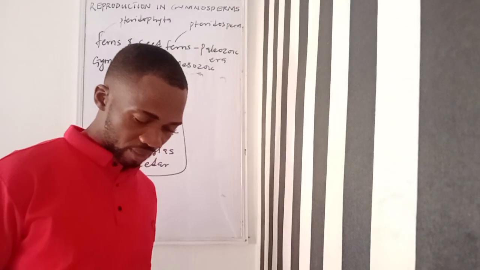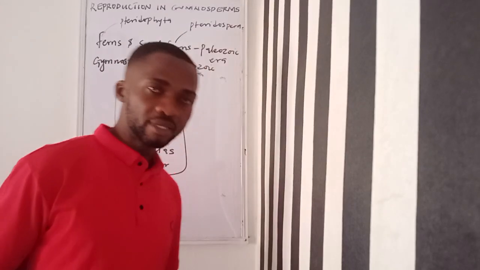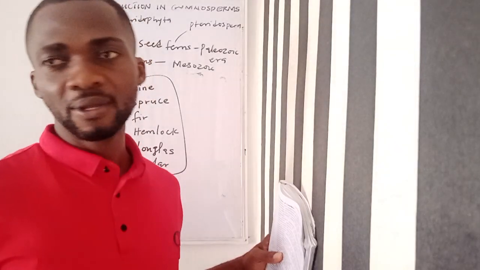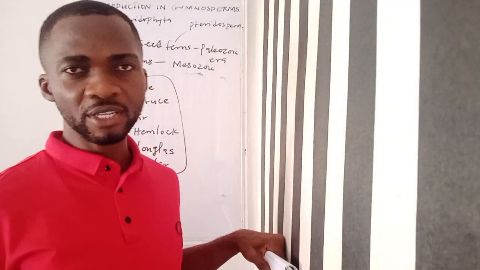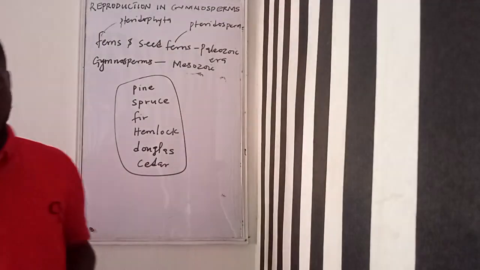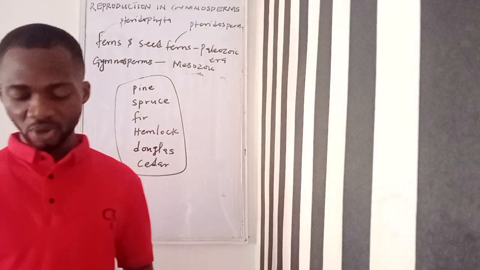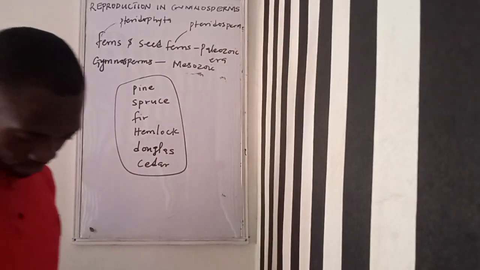Then aromatic compounds such as oil of cedar and oil of pine, the turpentine, are important ingredients in medicine, paint, incense, and perfumes. So you can see that the conifer, or gymnosperm by extension, is used in the production of perfumes, incense, paints, and medicine. The resins from conifers are valuable in varnishes and paints. Okay, the hemlock bark is an important source of tannins. The tannin you know about, you can use hemlock. Hemlock is one example of gymnosperm.